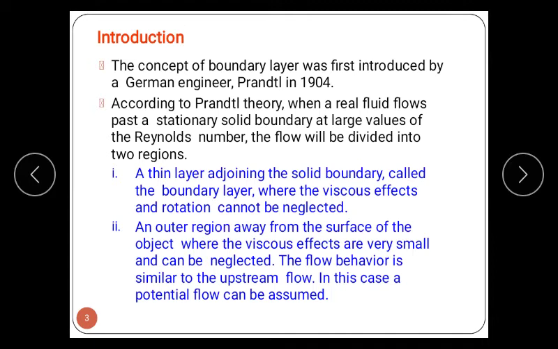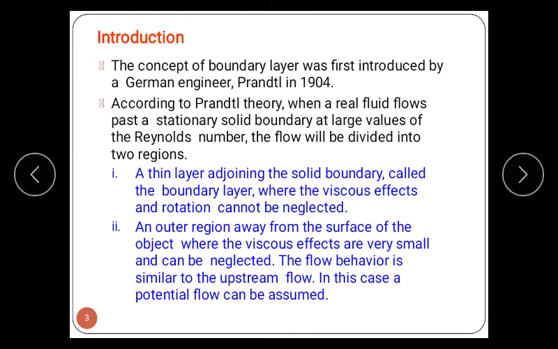According to Prandtl theory, when a real fluid passes a stationary solid boundary at a large value of Reynolds number, the flow will be divided into two regions. Now what is the Reynolds number? We know that it is a dimensionless number, and depending on the value of Reynolds number, we can say the flow is laminar, turbulent, or